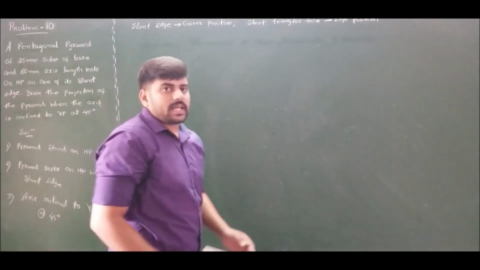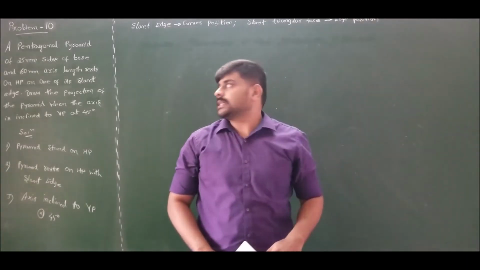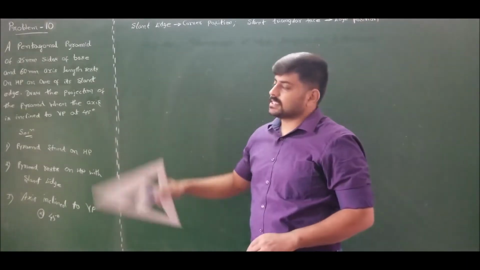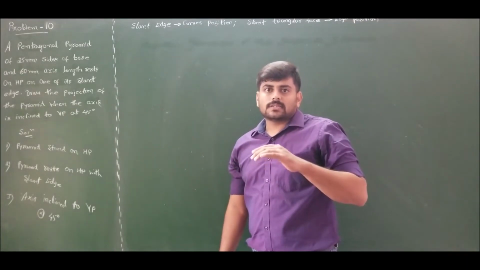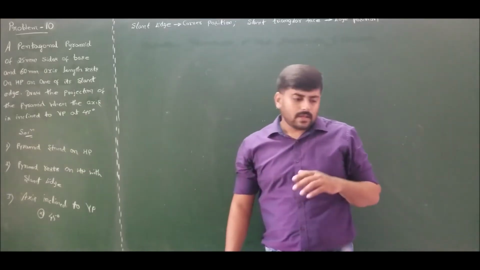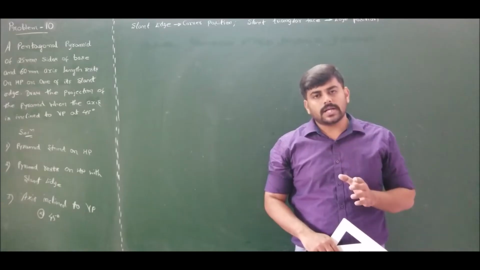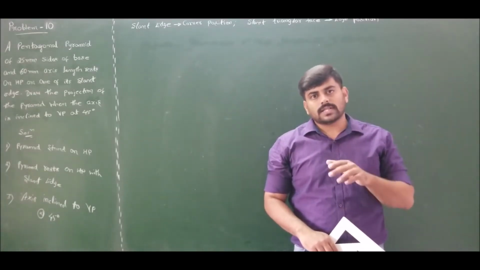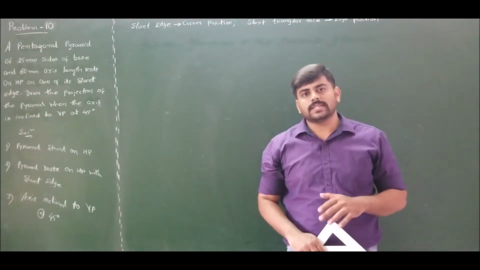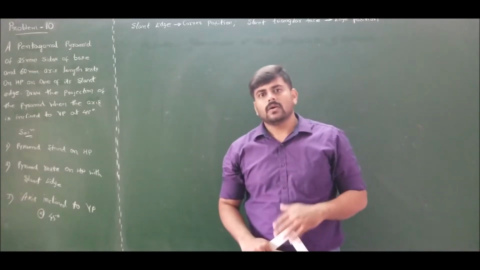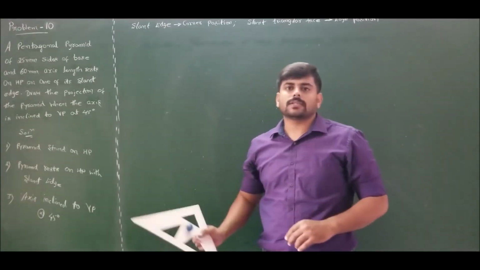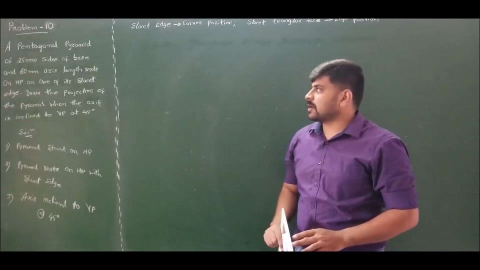This inclination which he has given is the true inclination for the true length of the axis, which is 60 mm. Once we rest the pentagonal pyramid on its slant edge, the axis length will be reduced. Therefore, for the apparent axis length, I should find the apparent angle of inclination, which is nothing but the beta angle for this problem. Let us solve this problem.